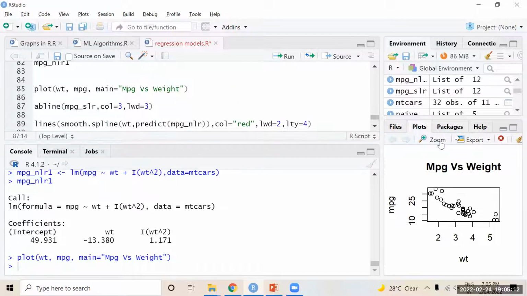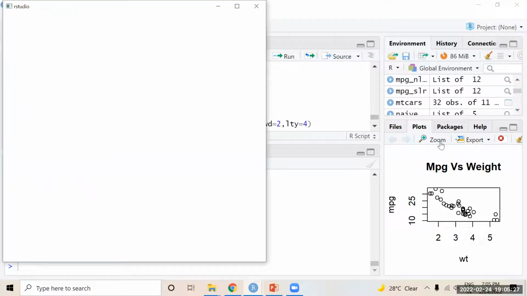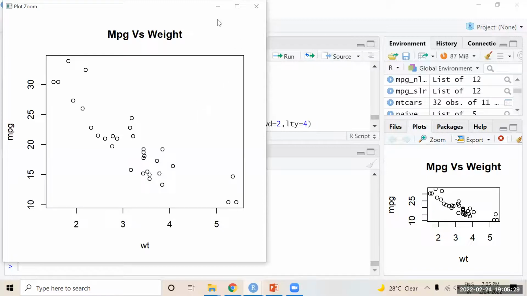Now you see the display here. I created a plot where the x-axis is weight and the y-axis is mileage for all the existing data points. It is taking some time to display the graph in a bigger way.